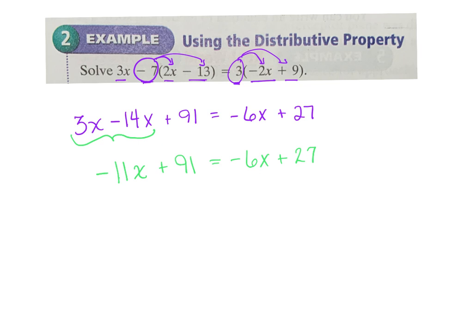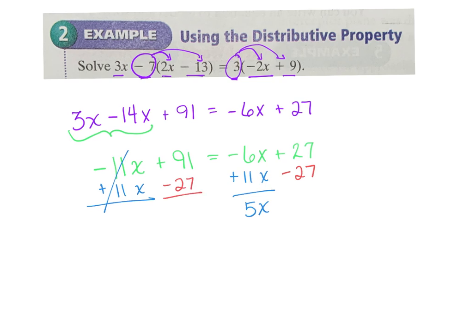And then you just move your variables to one side, numbers to the other. That's all we're doing here, okay? So for this one, I personally would move this across, but you don't have to. You can move the 6 if you want to. It's a negative 11. I'm moving across the equal, so I change it. I'm adding 11x. Negative 6 and positive 11 gives me what? 5x, all right? And then I'm moving this 27 across. Minus 27, minus 27, 91 minus 27 gives me